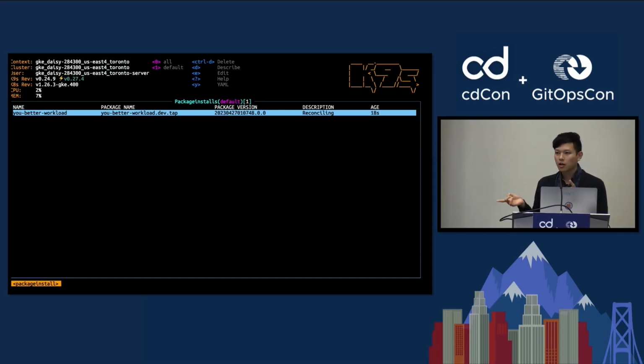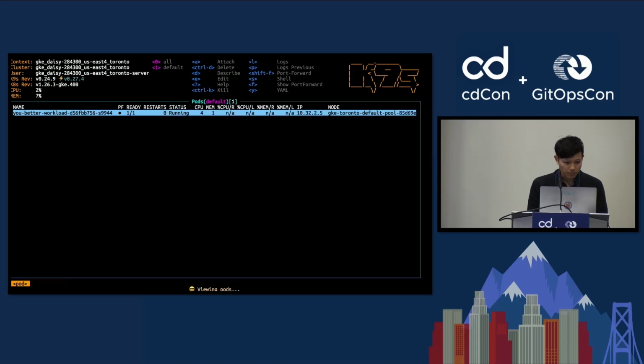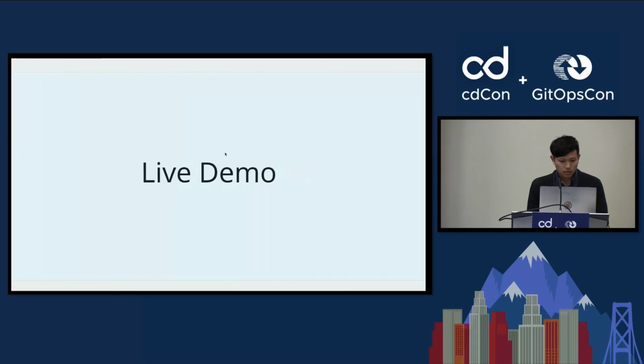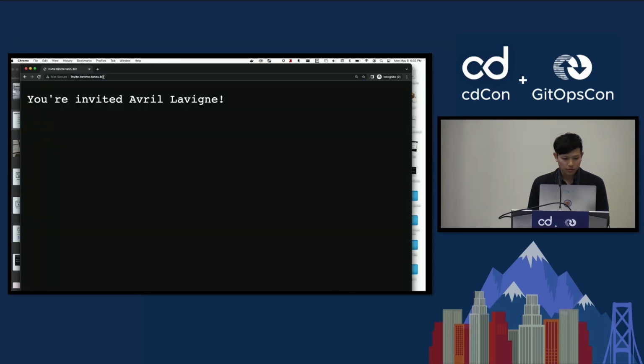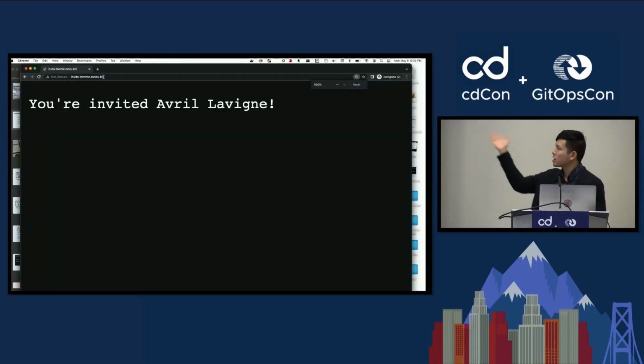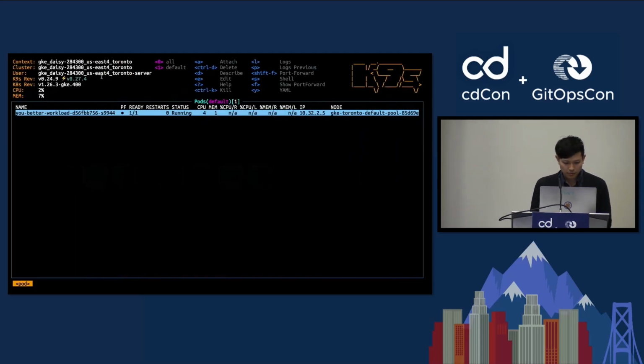This package install references that package I mentioned earlier. It's going to have some pods running. Should be 1 in my default environment. Here it is. And let's go to Toronto. And great. Avril's going to get my invitation out of my Toronto cluster. And I can do the same thing for